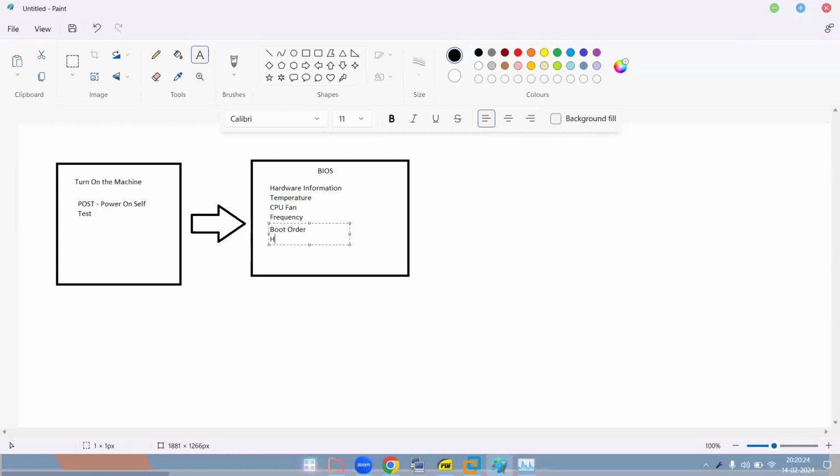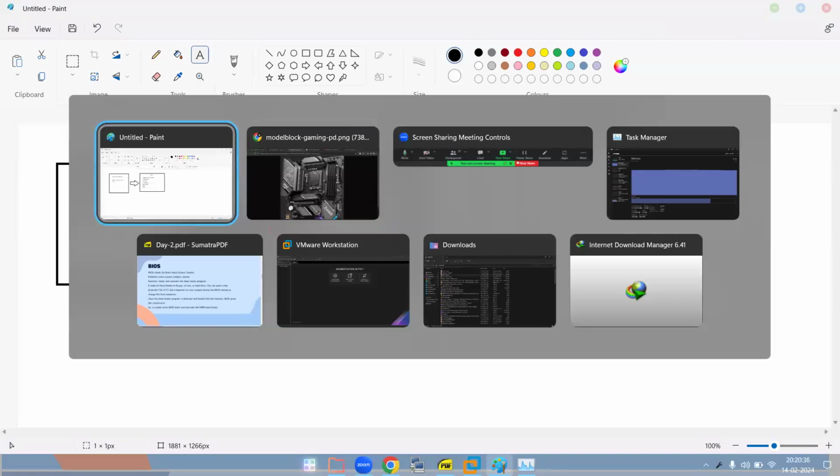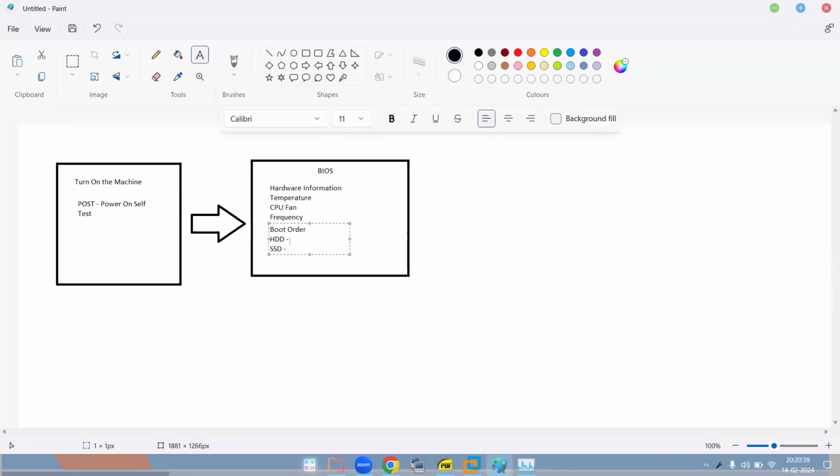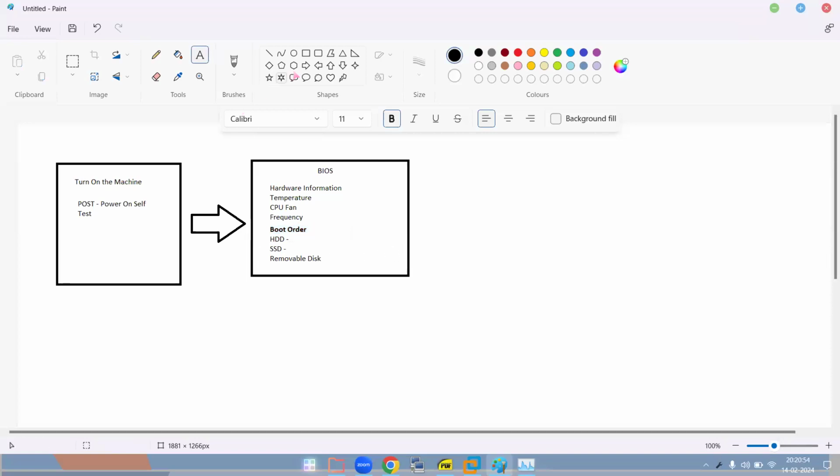So what should the boot order be? It should proceed to the next stage. First thing, let's say it's the hard disk. The next one is your SSD. SSD full form is solid state drive. The next one is, let's say, your removable disk. Right, so like that, the boot order is selected. So, let's say you selected the hard disk. So the next step is